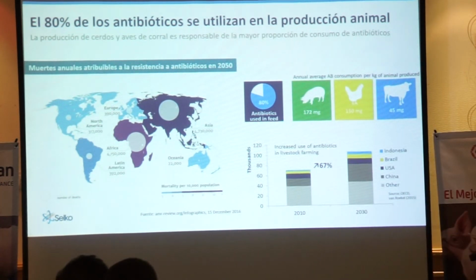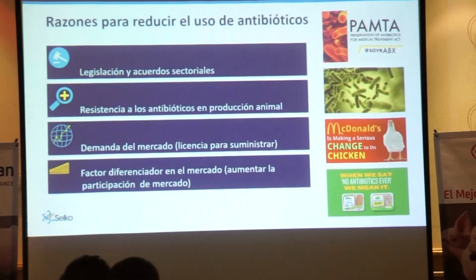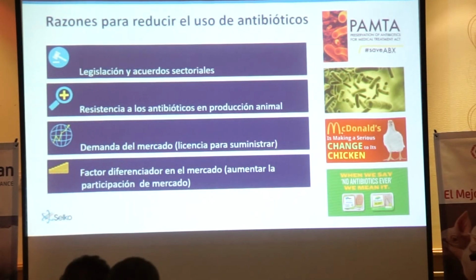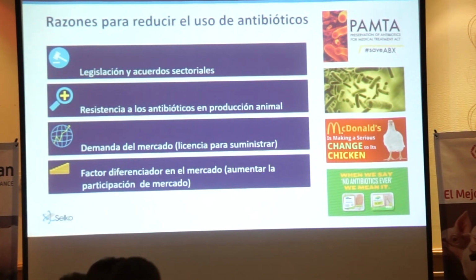Research has shown that in 2050 the major cause of death in humans is estimated to be resistance to antimicrobials. So it means that when you have, for example, a pulmonary infection, the antibiotics will not work. That is something, of course, we would like to avoid, and that is why in the world now there are some tendencies for producers to reduce the use of antibiotics. This doesn't mean that they will not use any antibiotics, but they will reduce the use to a certain amount, and that will be for 4 reasons.